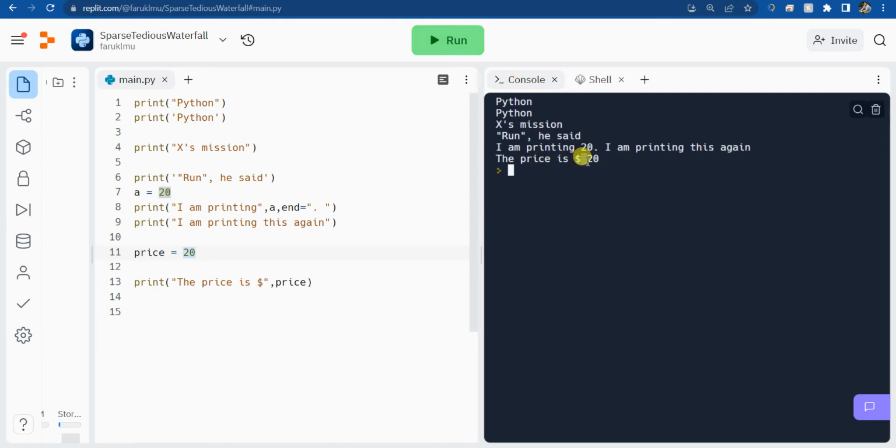However, notice there is a space here. Remember that a comma automatically adds a space. So after the $ sign, it is going to add a space. However, we don't want to see that space. So how do I not have that space? So what we can do is I can convert this price into a string. So I can do this